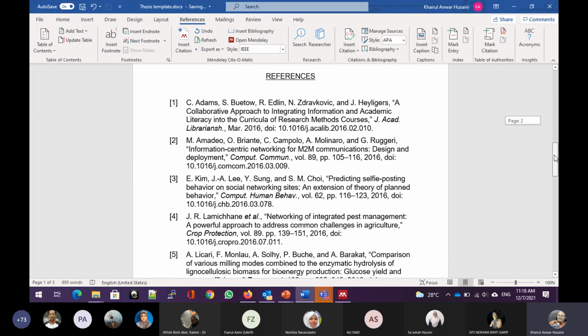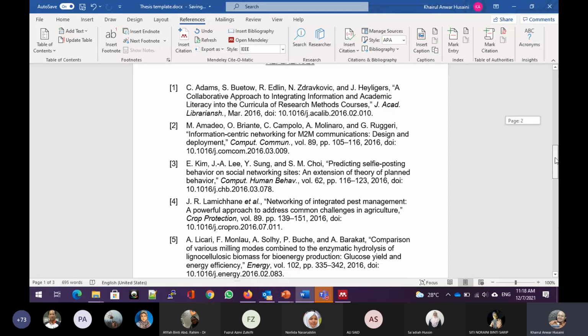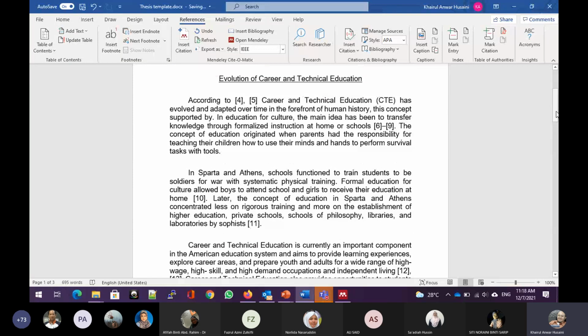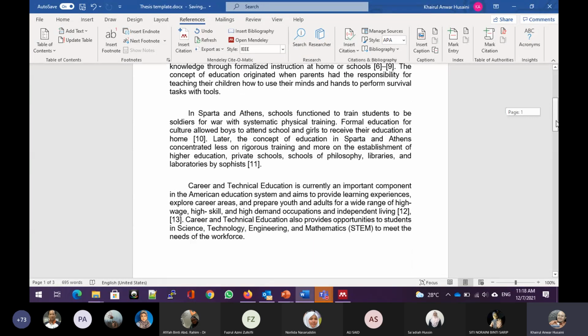And also it will reflect on the references as well. So you can see these Adam, Amadeo, Kims. Okay, let's say I want to add some more if I finish already, in this